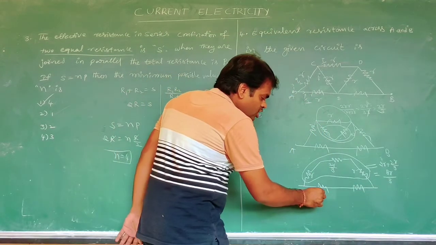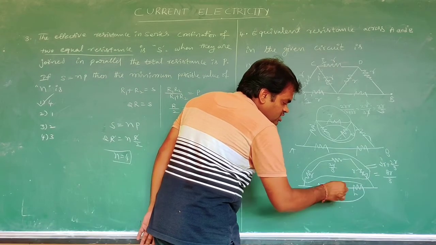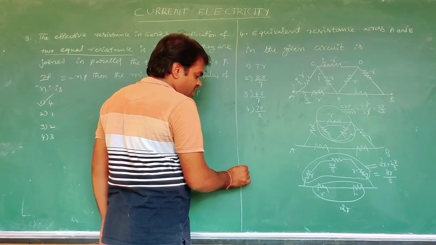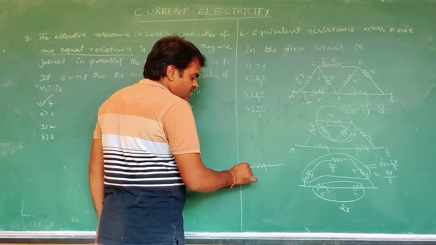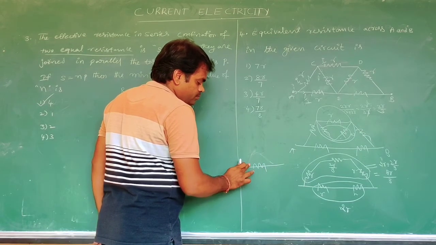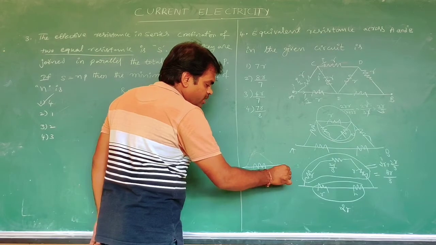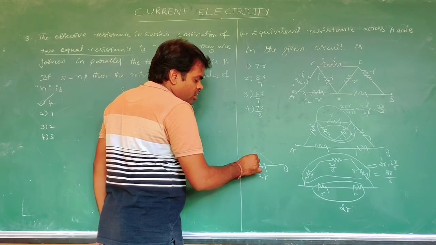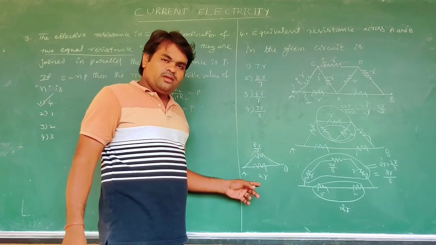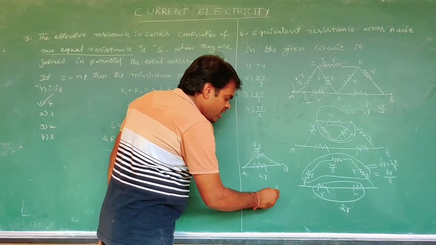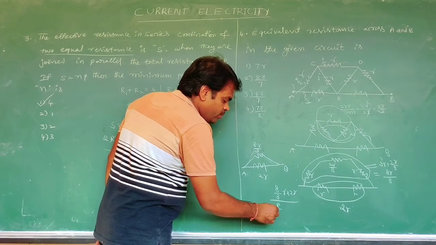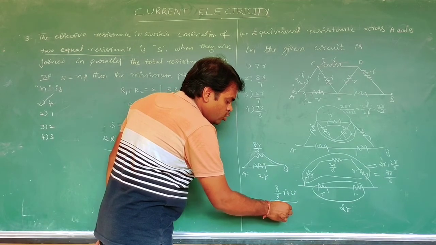Now here these two are in series. Its value is 2R. Both these two are like the last final one. A, it is the B. The value is 2R. Now this value is 8R by 3. These two are in parallel. That's why 8 by 3R into 2R by 8 by 3 plus 2R.